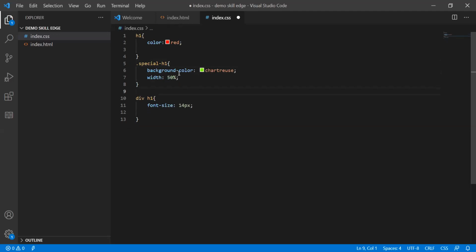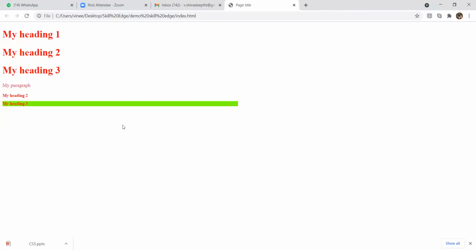Background color is okay. Width is 50% we have given, and font size is 14. So let us save this file and check out the output quickly. So see here, whatever I have applied for the div tag, it's been displayed here. Correct.